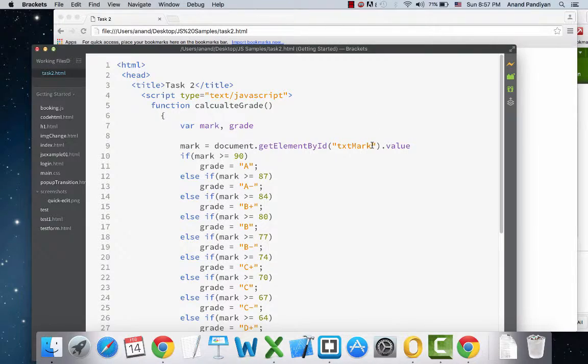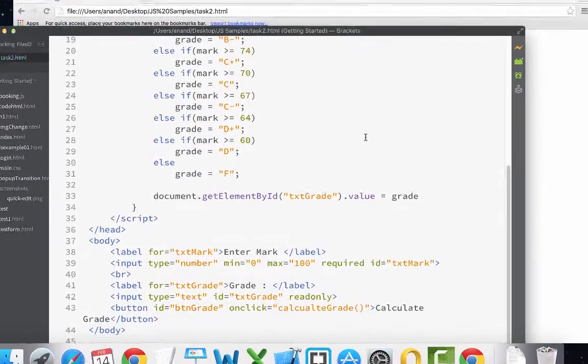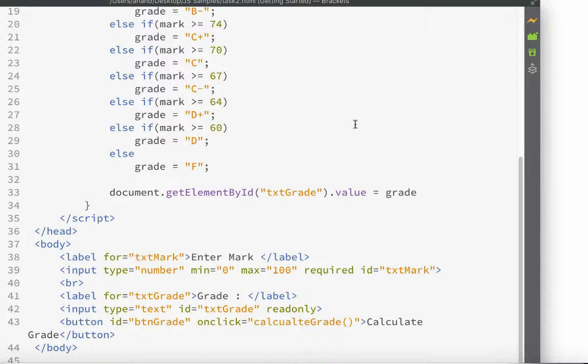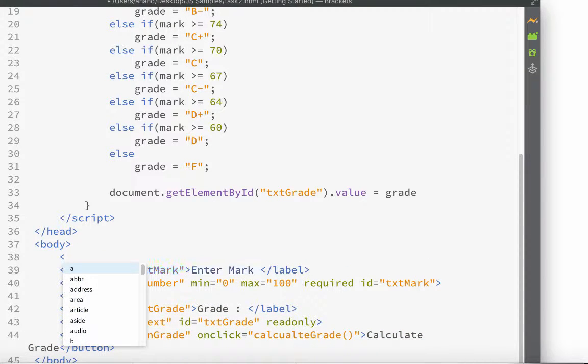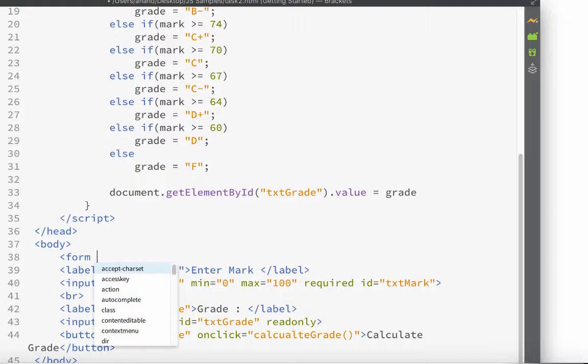Now let's modify the program using the form and external JavaScript file. So if you have a look at our current HTML, all our input elements are in the body. Now I'm going to wrap them inside a form. So let's create a form and let us give an ID for this form as